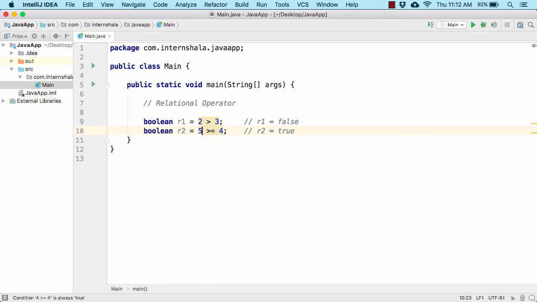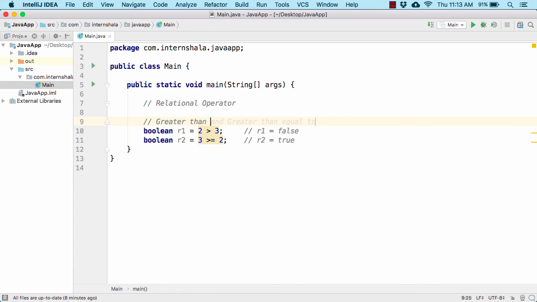Now let us use 5. So 5 is definitely greater than 4, so R2 will be true anyhow. And now let us change it to 3 and 2. Again we have R2 as true. So this greater than and greater than equal to comes under the category of greater than and greater than equal to operators.